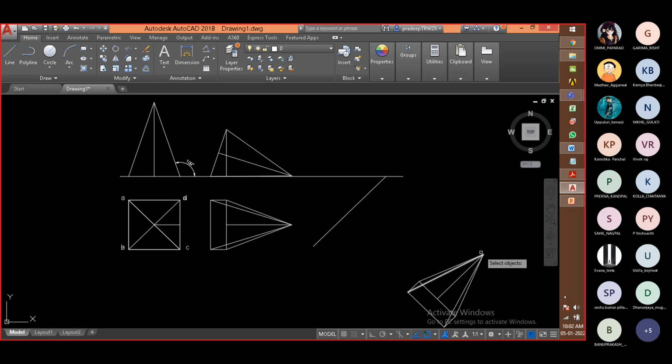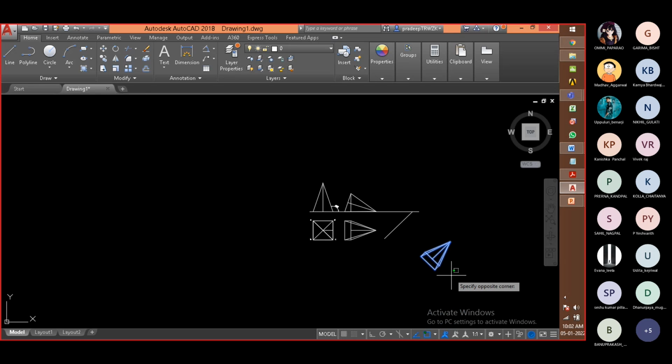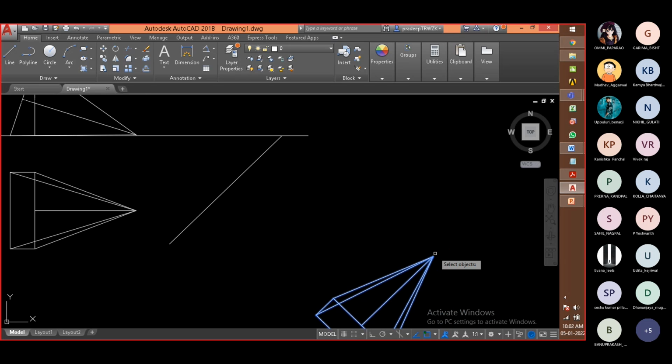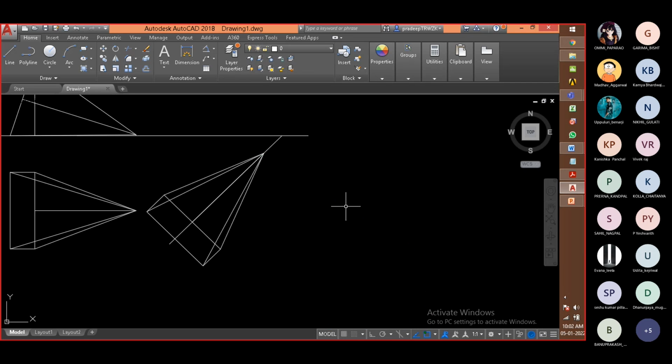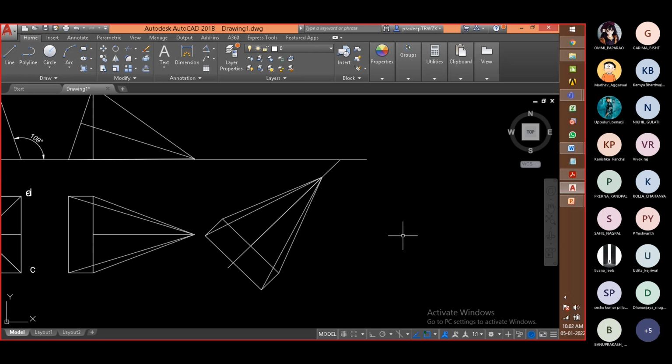Okay, then move, select the complete object. This was left actually. Then press enter. Then click the end point and place it at the location where you need to draw. So see, with the help of this software, we can reduce the time required for creating these shapes